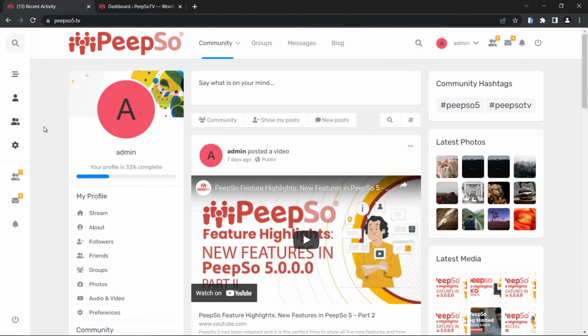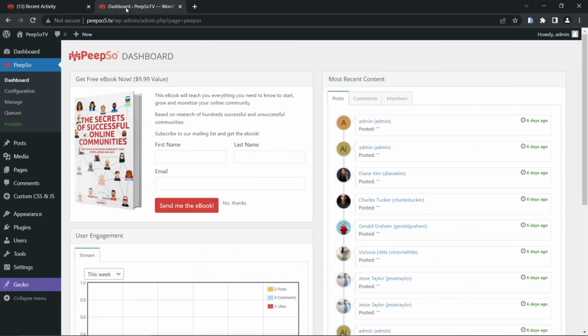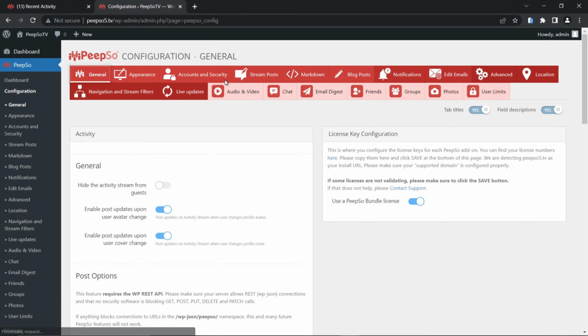Once you have PeepSo installed, it is mostly ready to go without ever touching any additional settings. So everything will work out of the box, but we strongly encourage you to go through the settings and see what possibilities you have, because not all options are enabled by default. So let's go to the WordPress dashboard and then switch to PeepSo configuration, and here in the General tab you will see